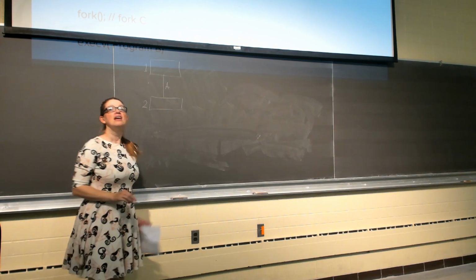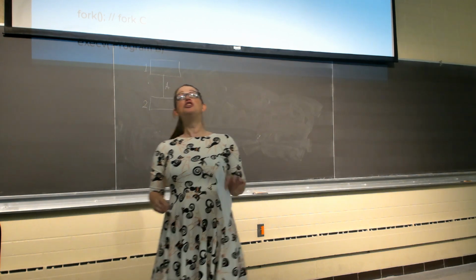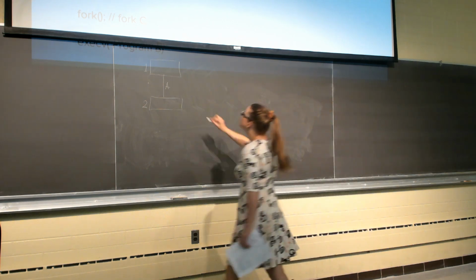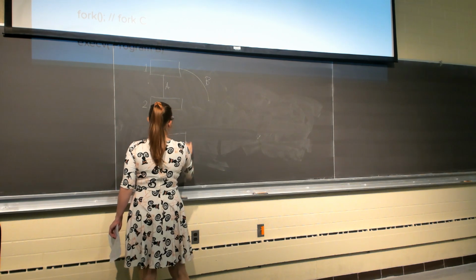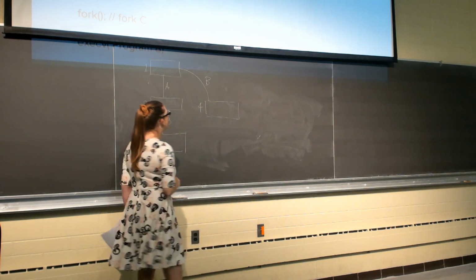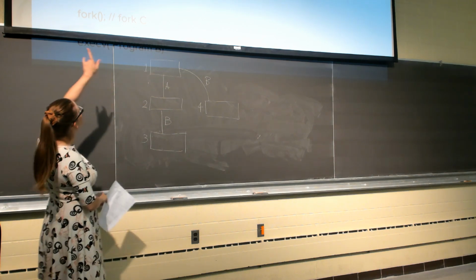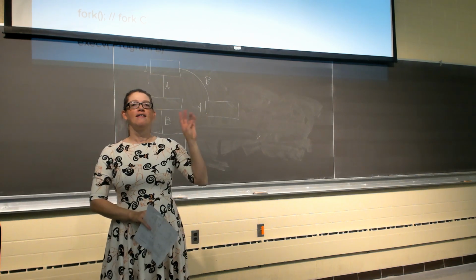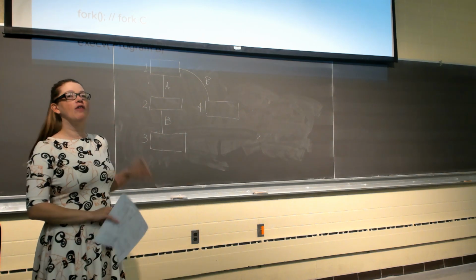Now you know that both process 1 and process 2 return from fork A, which means both of those processes are going to execute fork B. And this is where the numbering system is just a rough labeling and not a specific order. So now I had 2 processes return from fork A. How many processes returned from fork B? 4 processes. So all 4 of these processes now call fork C.